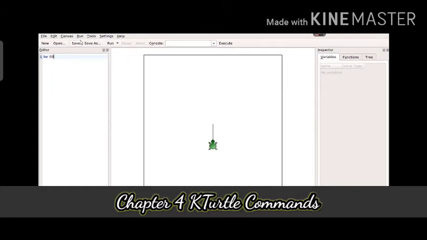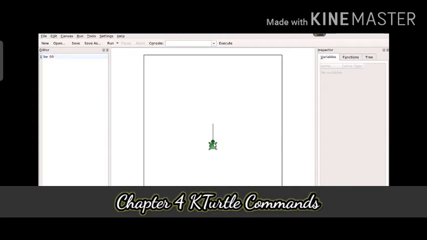See, this KTurtle will move 60 steps in a backward direction, and this KTurtle doesn't want to lose his energy, so it is not turning back. The head is in the forward direction only. He is not even moving his head. Okay.